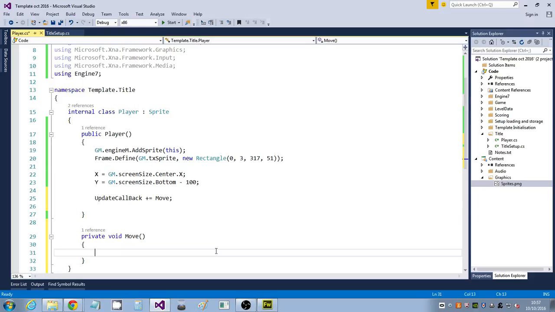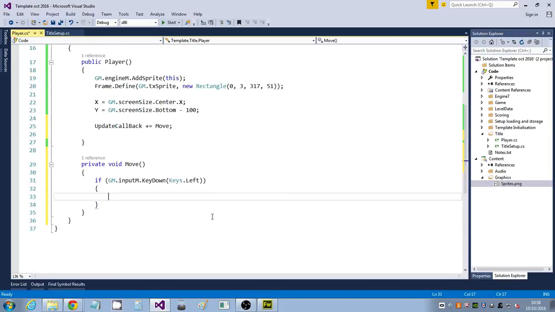And what this is going to do is interrogate the input manager to find out what keys are being pressed. So what we'll do is we'll just move it around left and right using the cursor keys. So we can say gm.inputmanager.keydown, and then we say keys.left. So we just say what key we're testing, put our braces in, and then to move left, we're going to